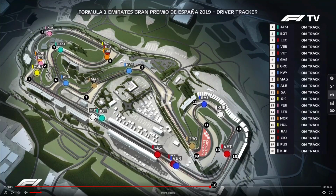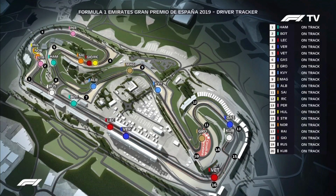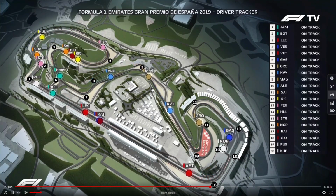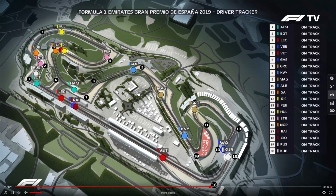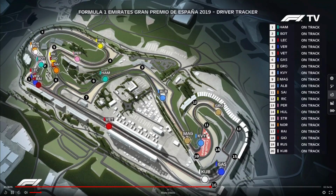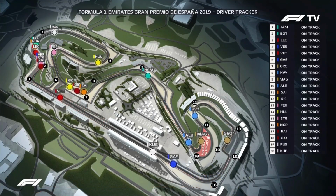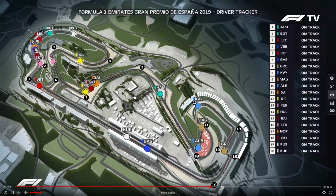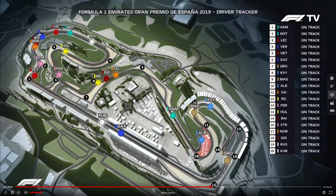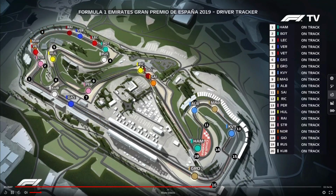Crofty and Brundle, the familiar faces. And making his way past our commentary box. Lando Norris has gone off. Lance Stroll has gone off with him in the Racing Point, and I wonder if this means a safety car. Norris has managed to get back out on the track. There's a lot of gravel as he goes right across the track there. Bottas is ahead of Leclerc, just to let you know, after that pit stop. A virtual safety car or a full safety car will give...